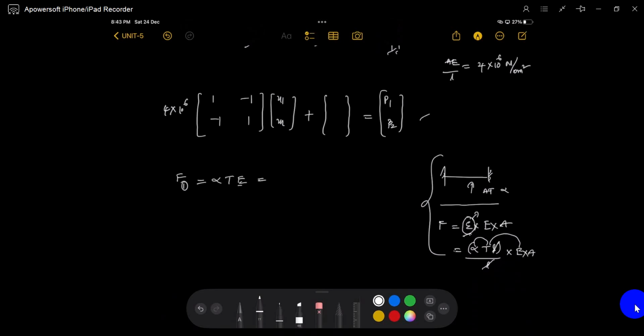So area also. The thermal coefficient is 11 into 10 power minus 6, the temperature rise is 10, Young's modulus is 20 into 10 power 6, and the area of the first element is 15 centimeters square. So how much will you get? You will get 33 kilonewtons. For the second element also,